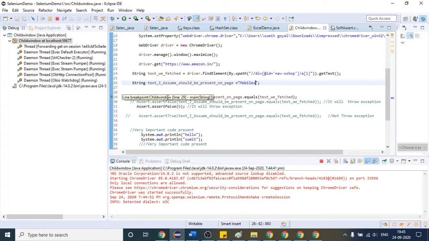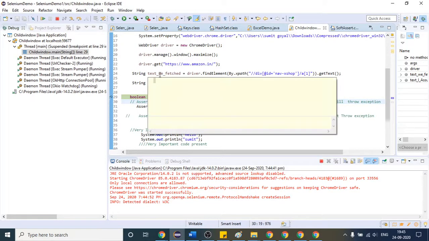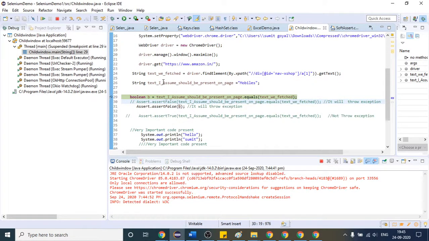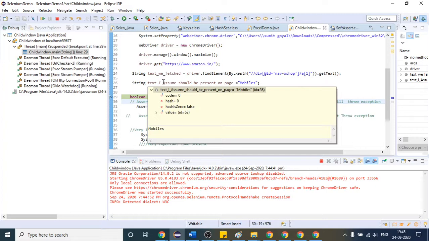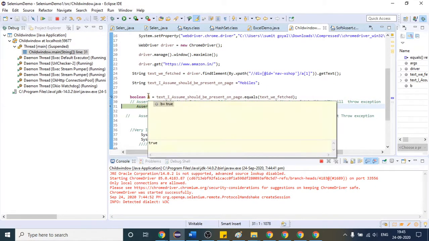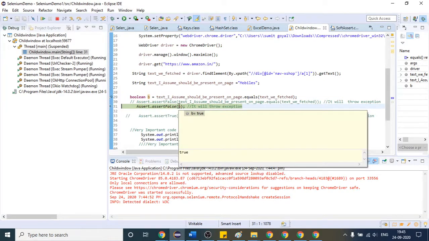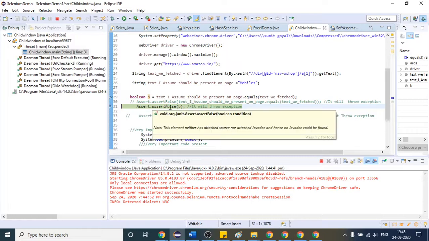This time you will see that B will contain true. Why? Because this is the text we are fetching, capital MOBILES, and this is the same text, so B will have true. But we are using assert.assertFalse, so it is expecting false inside, but we are getting true.